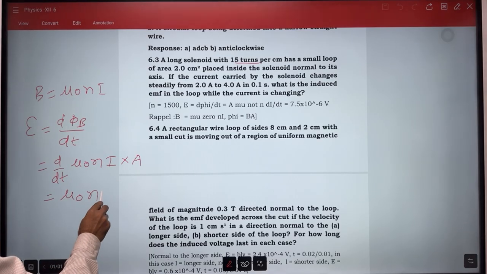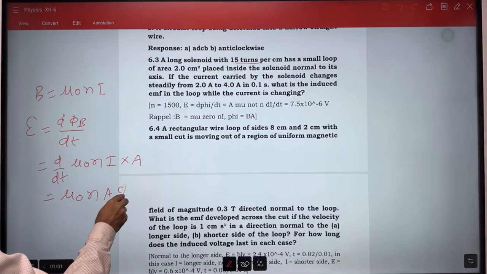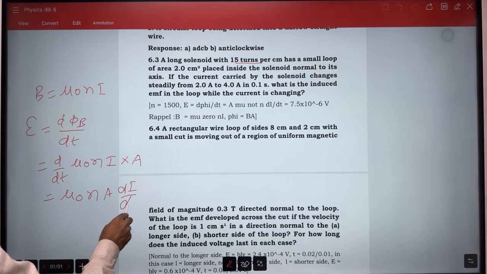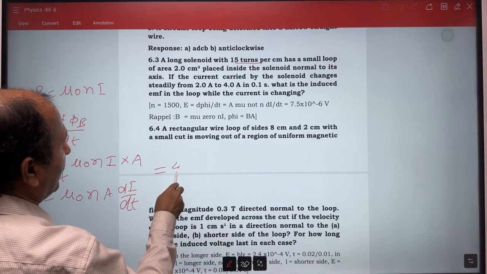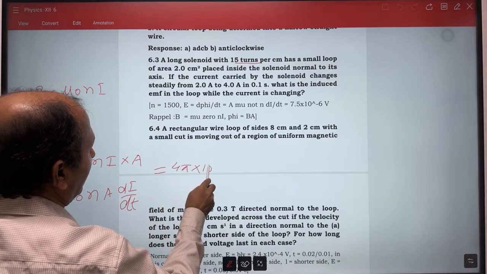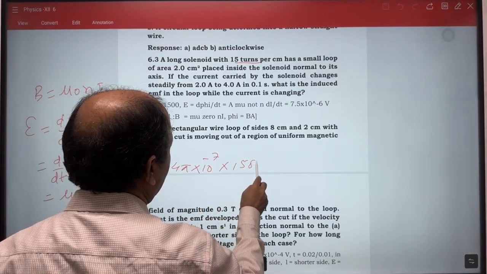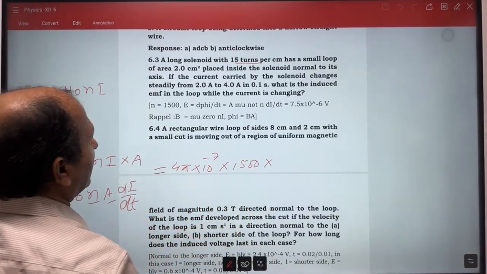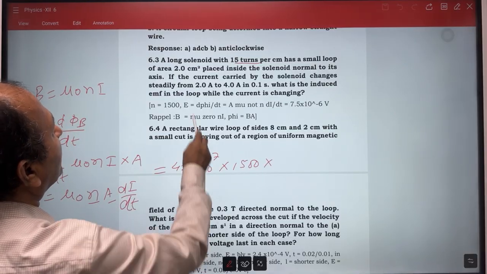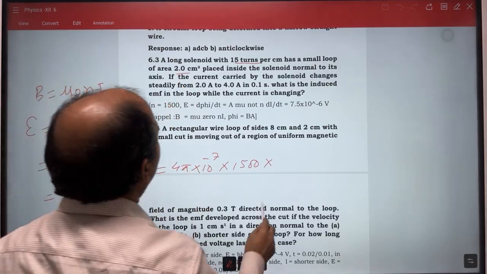Mu naught n A under dI by dt. Then put the values. Mu naught is 4 pi into 10 to the power minus 7, n is 1500, into A, the area of the loop is given here as 2